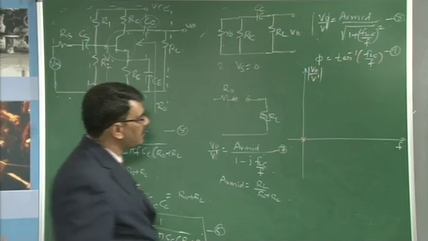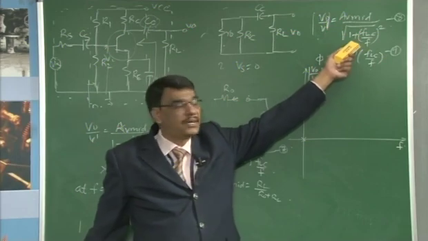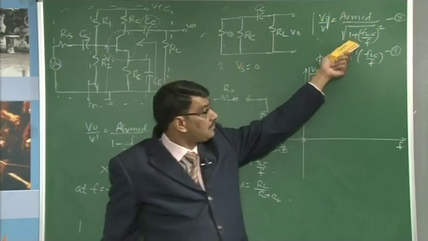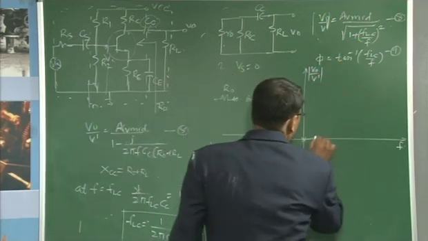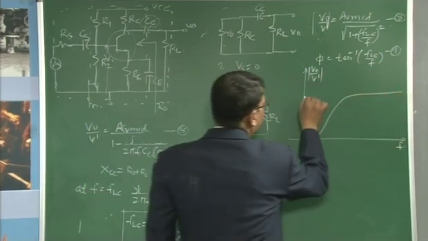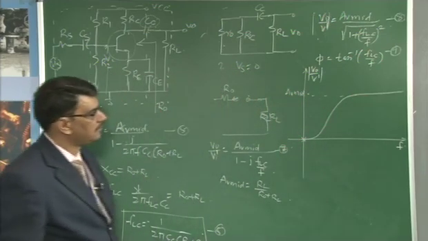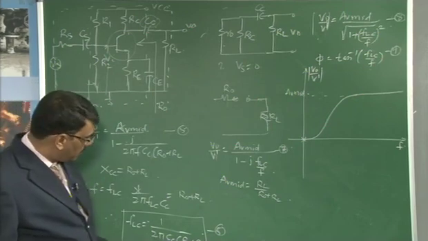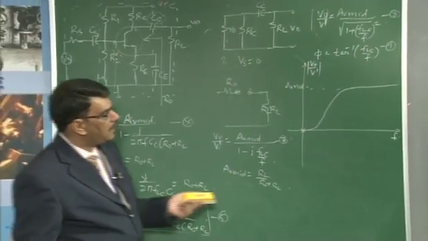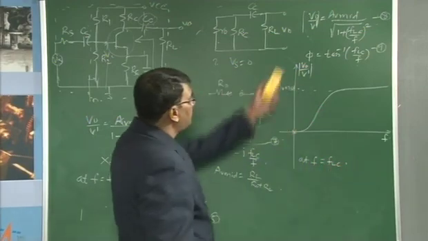As the frequency increases, the gain of the amplifier varies exponentially, because of the 1 plus FLC by F whole square term, it is a square of that function, so the response is like this. As the frequency approaches infinity, the gain of the amplifier remains constant, that gain is nothing but AV mid. Then from equation 6 we defined some frequency FLC. How do you name it? That naming is to be done at F equal to FLC,